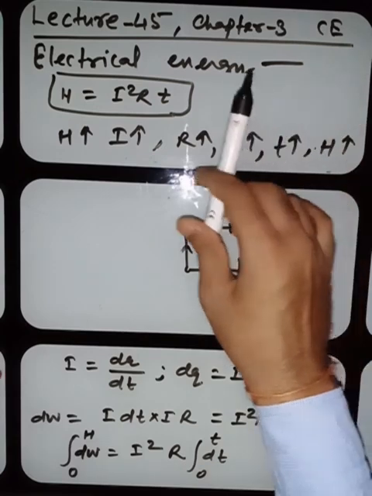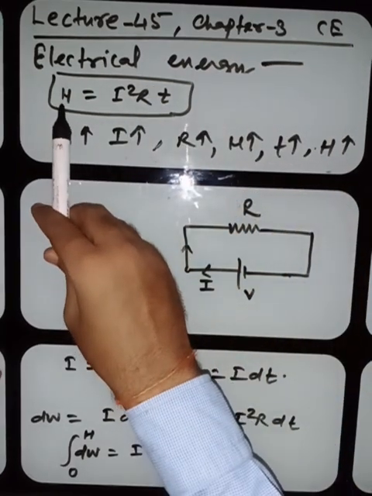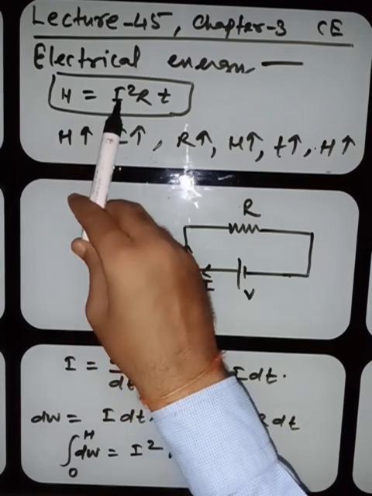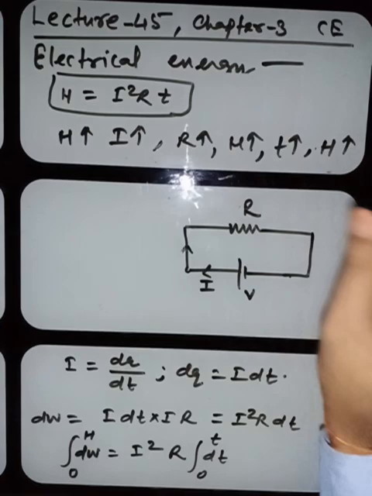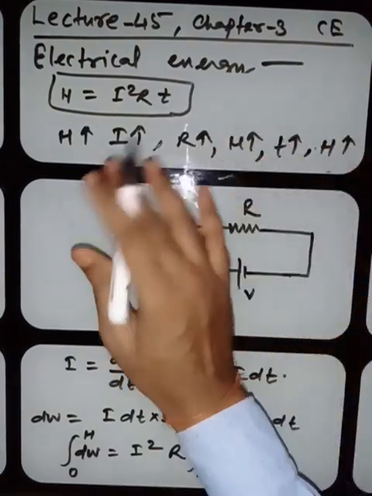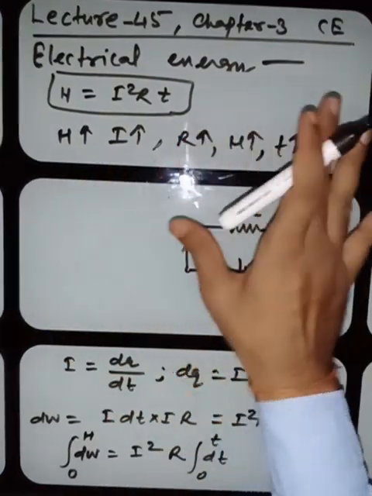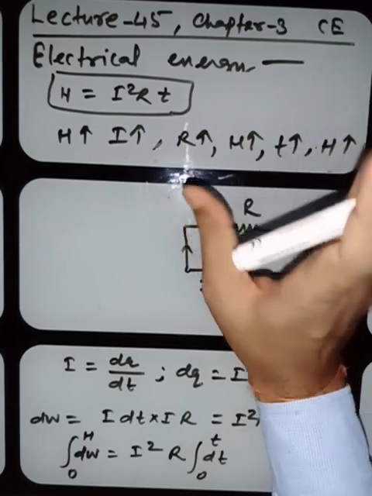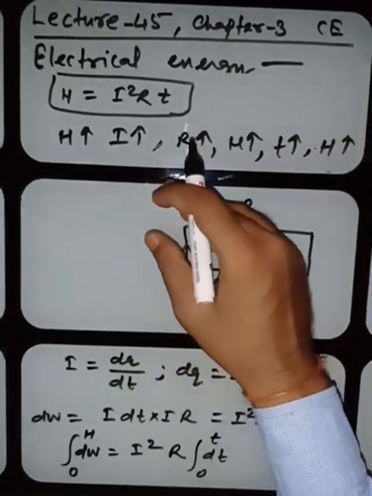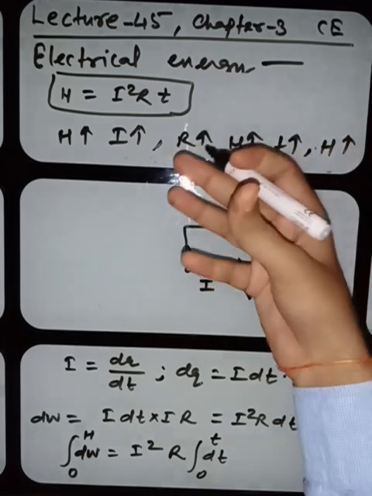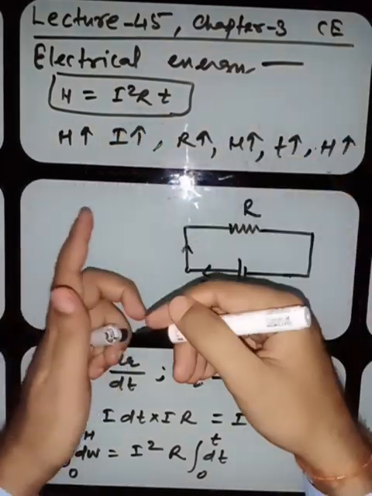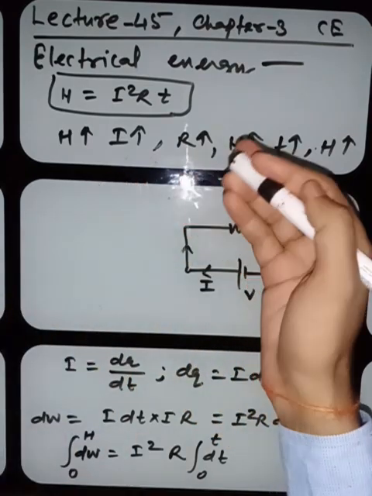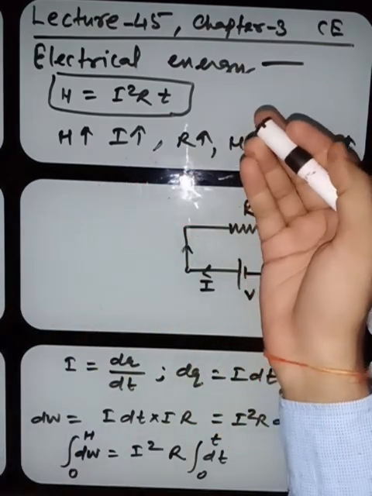According to Joule, the amount of heat radiated by any resistor is directly proportional to the square of the current, the resistance, and the time for which the current flows through the circuit. This is Joule's law. That is not very difficult. All right, my dear student. Now, you will use this particular formula to solve a few questions, but before that we shall discuss